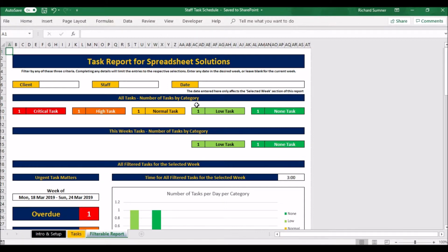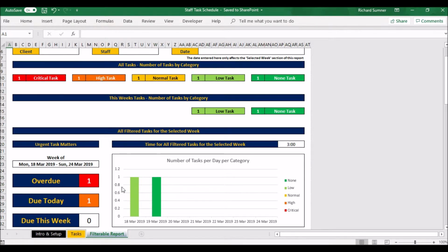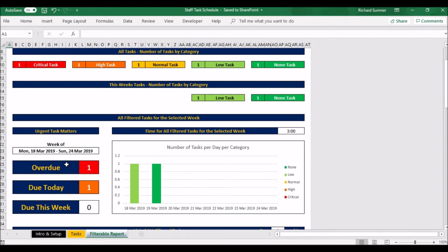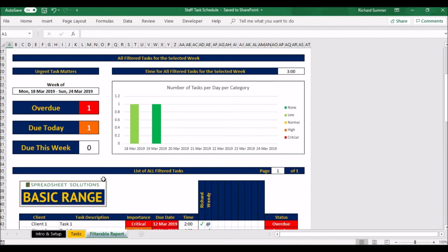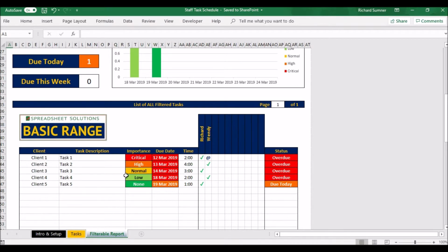So these tasks, all tasks, that's everything. But from there on down, this section here, the graph here, this is all about this week. That's why it says the week of Monday the 18th of March to Sunday the 24th of March. So this is merely for this week. And if you scroll down, you'll see a list of the tasks, filtered tasks, i.e.,